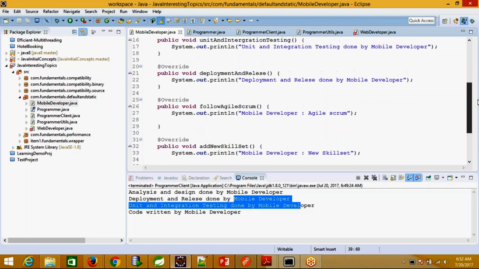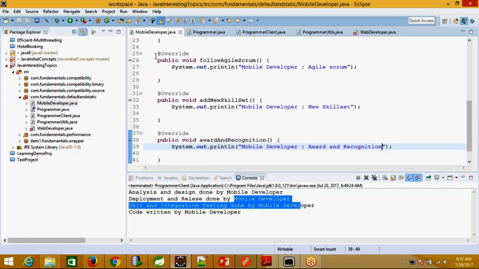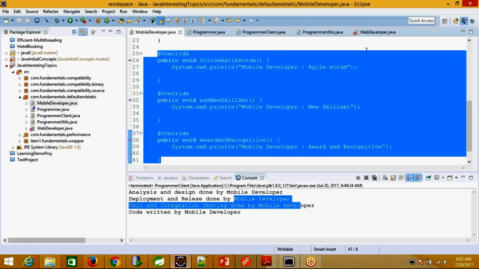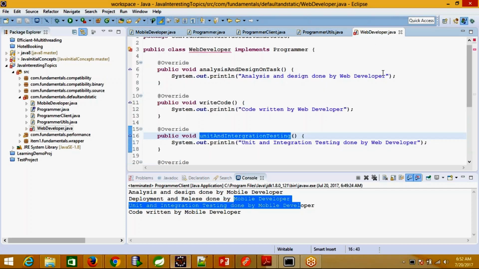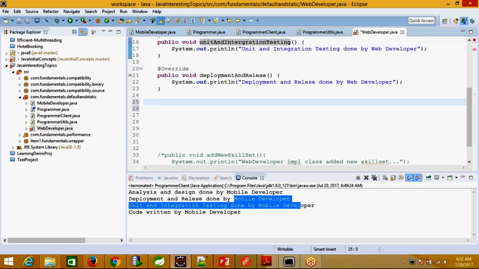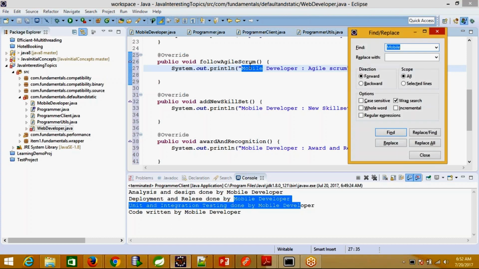These three new features need to be introduced into the web developer as well, right? So I just copy and paste, and instead of mobile I replace it with web.